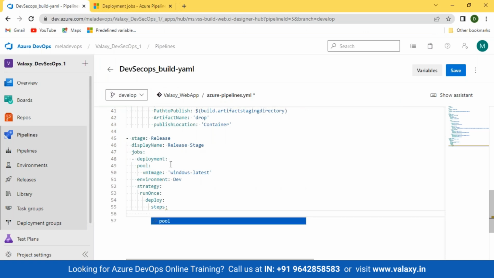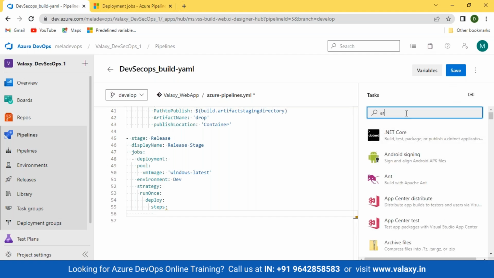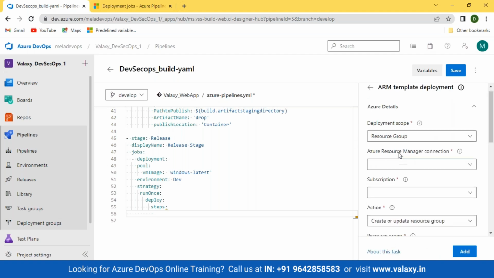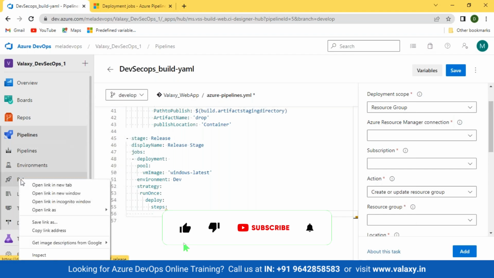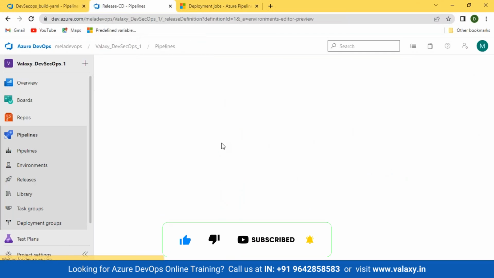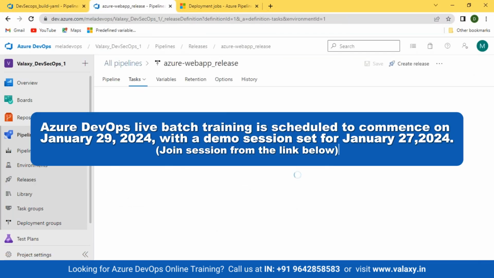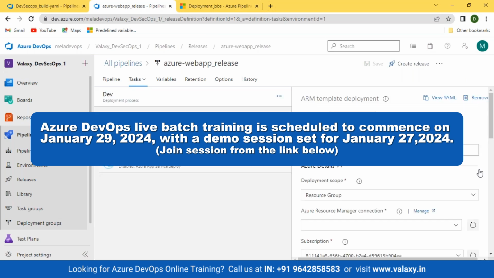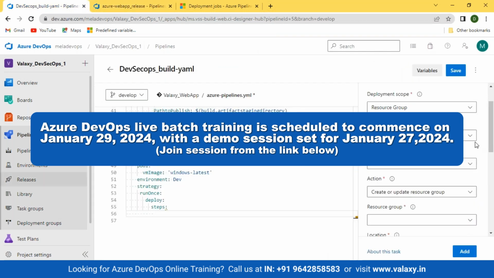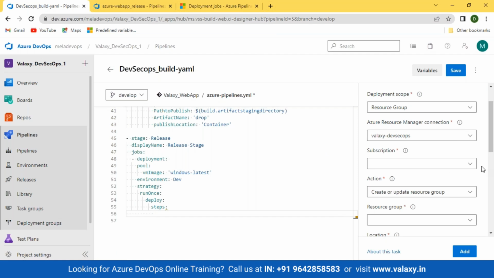So what are the steps? The first step is running the ARM template task. Okay, let's go over here. Look for ARM task. Now it will ask for connection. It's the exact same thing you did in Classic. This is the same task I'm calling over here. Selecting your service connection, everything, calling the resource group, everything. See, selecting this, selecting your subscription,